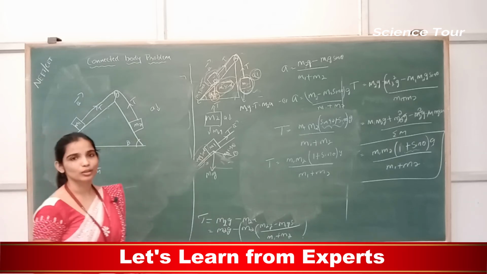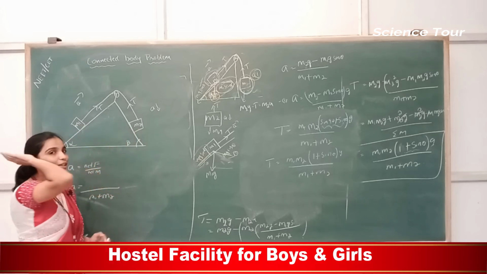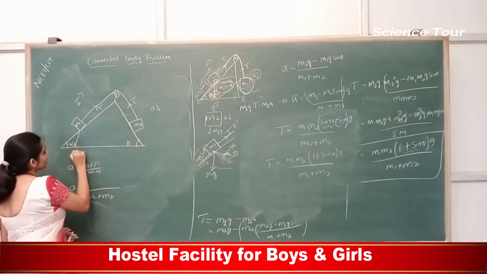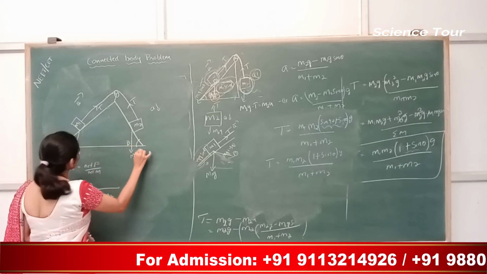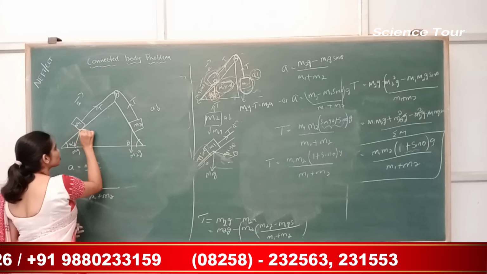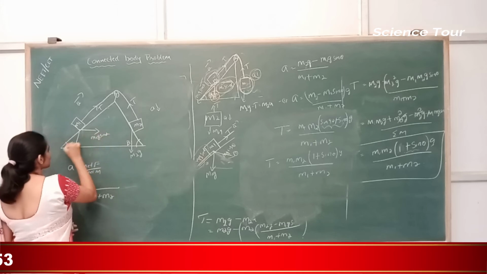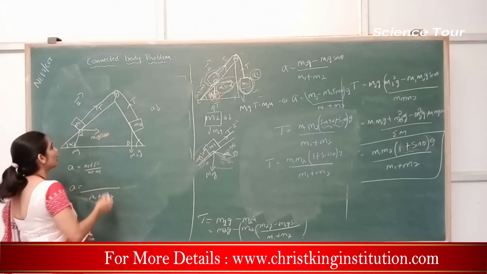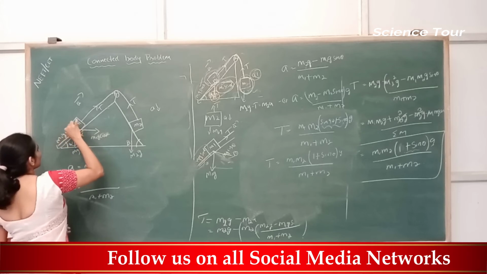What is net force? Weight of m1 and weight of m2. But these are placed on an inclined surface. So weight of m1 is acting this way. This is m1 into g. Weight of m2 is acting this way, which is m2 into g. Now you have to resolve them. How to resolve? So this m1 into g along the x-axis is m1g sin alpha, because this is alpha, then this should also be alpha. I am sorry, cos alpha. This is horizontal, right? Okay. And this is m1g sin alpha.